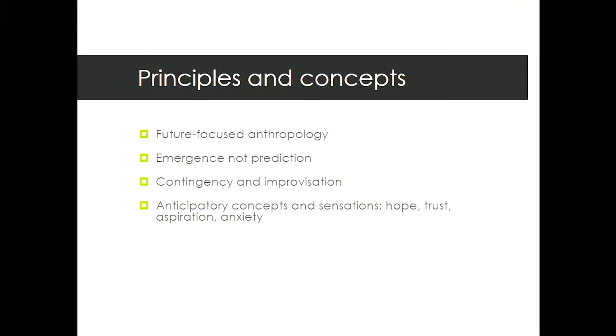So the next thing to think about is contingency, and improvisation. If we think about all of our circumstances as being contingent, they always depend on what's going to happen. A very simple idea is the things that can go wrong in your morning before you leave home. What might happen to make you late? What might happen to make your journey not quite work out as you expected? And those are very relevant things to think about for certain